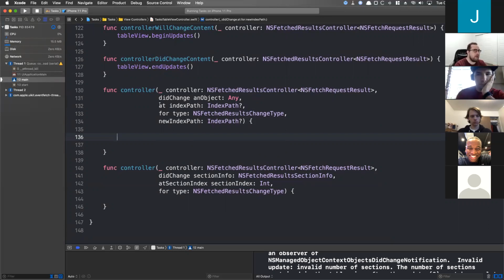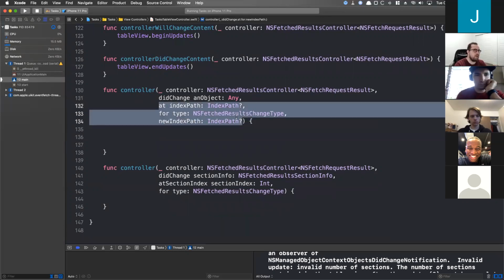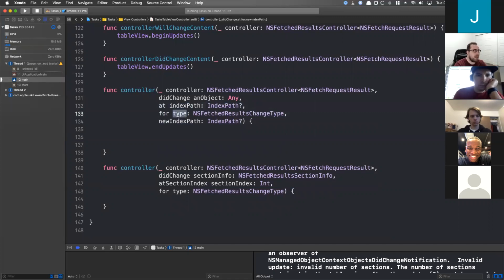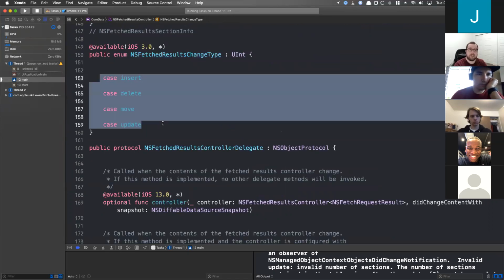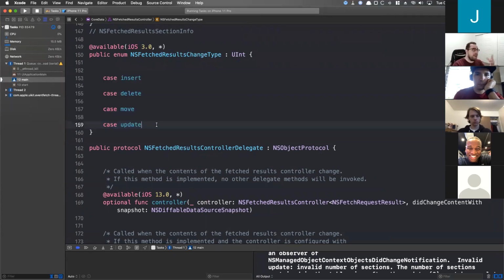Ultimately, what we care about are these last three things here: the index path, the type, and the new index path. So this type is the biggest thing, and it's actually just an enum with the different kinds of updates that could happen. So we insert a new task, we delete one, we move one, so that would be like moving it from one section to another or reordering it in some way. And then updating would just be like,